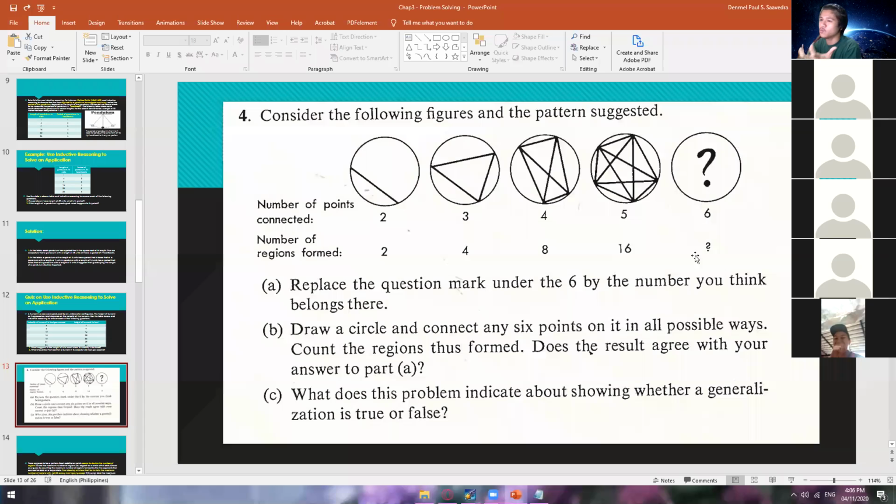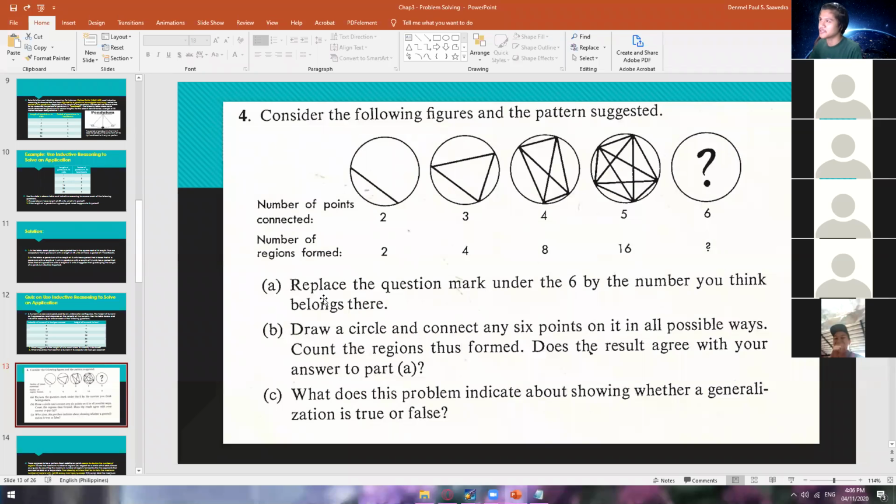If we have 6, what is now our number of regions? Can you guys guess, according to those examples? So you guys have 5 minutes. I would like you to do this one. You can use your computer actually, but I think it's a lot easier using your paper. You can use your own paper. Sir, 24. 24? Sure? Okay, so we will see later on.